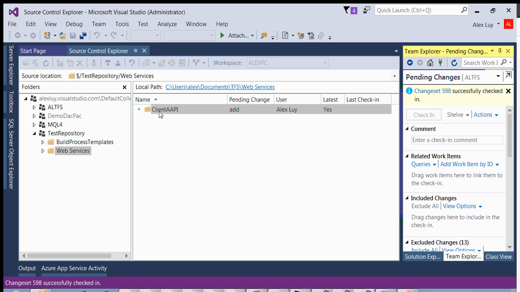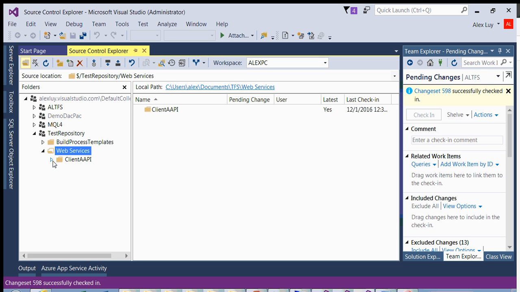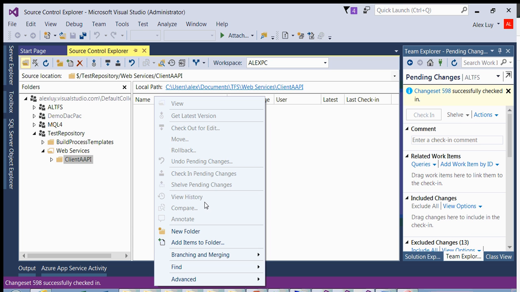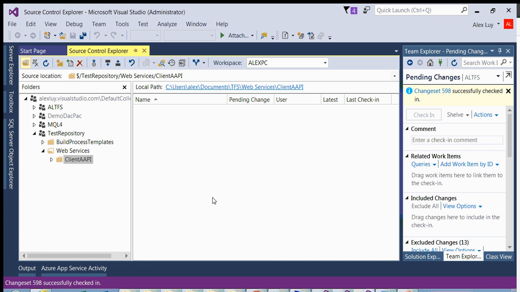And then under Client A API, I'm going to create different hierarchies for my main trunk, my development branches, and my release branches. And you can even go as far as adding hot patches, hot fixes here. So under Client A API, I'm going to have three folders. I'm going to have a main,